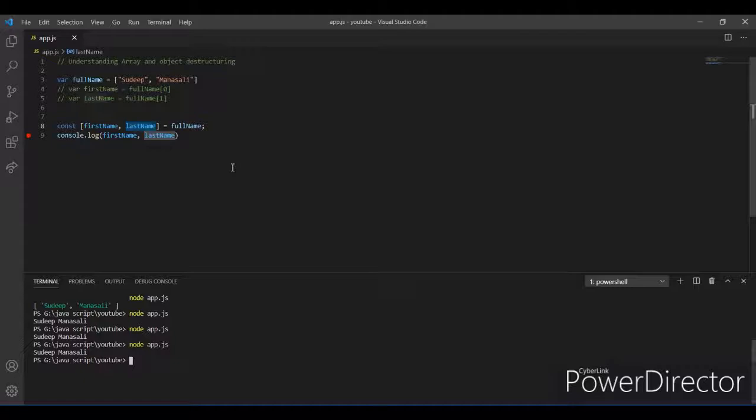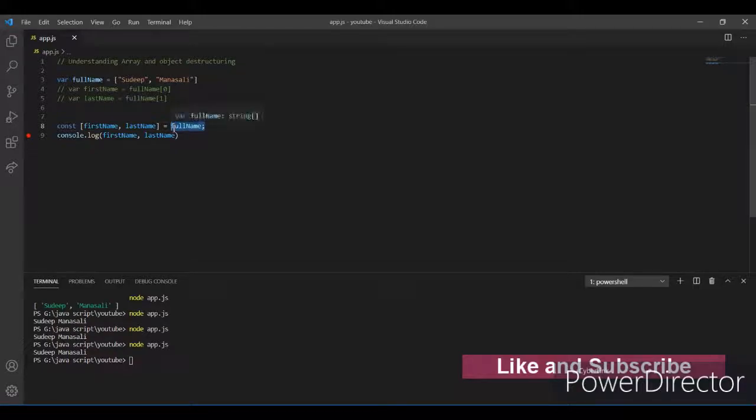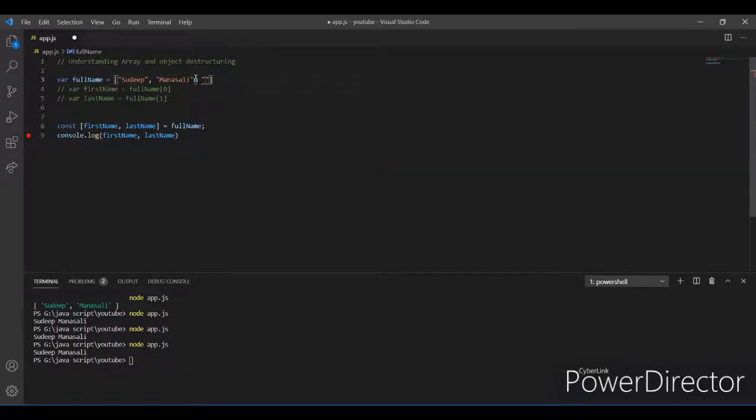What JavaScript will do here is pull out all the elements that are present in the full name and store them into the variable names, that is the first name and last name. This is a very powerful syntax for splitting an array into variables with which you want to work. Now sometimes you can also have more data in the array than you want to pull out. Let's say we also have the place element in the name data, that is where he lives, like Bangalore, and one more is phone number.